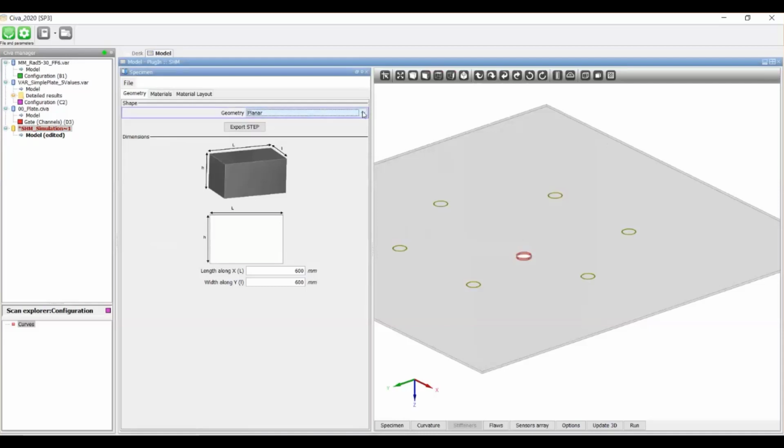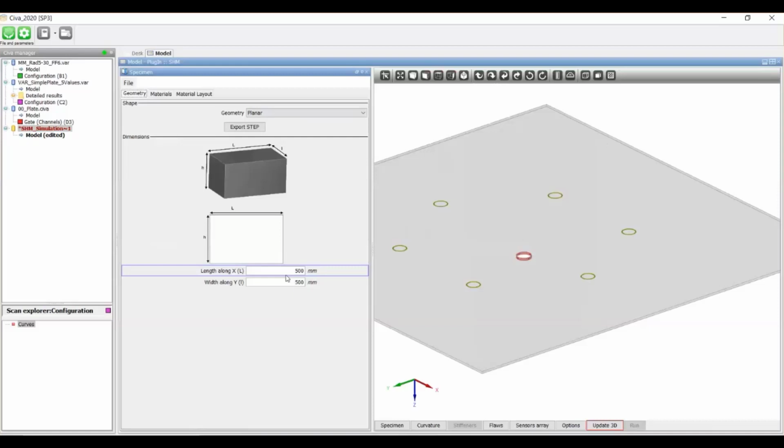Once the geometry is selected, you can change dimensions and then materials. Let's remind that CEVA SHM is based on finite elements. So behind this, there is a 3D mesh that is automatically managed by CEVA. The user doesn't have to really control the mesh. You have a few parameters, but it's mostly automatic.